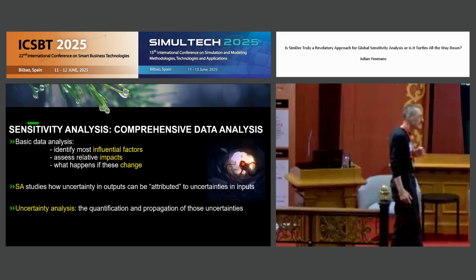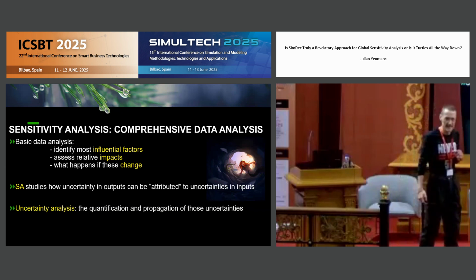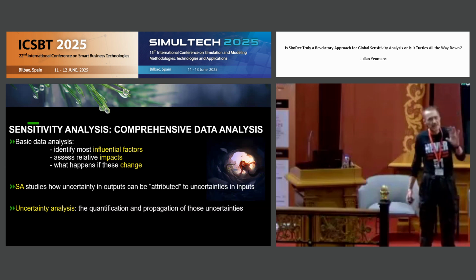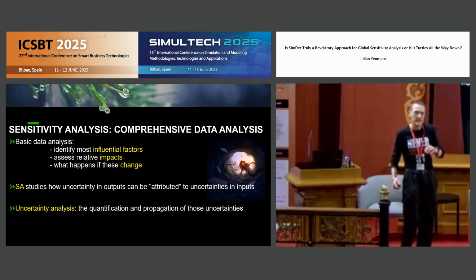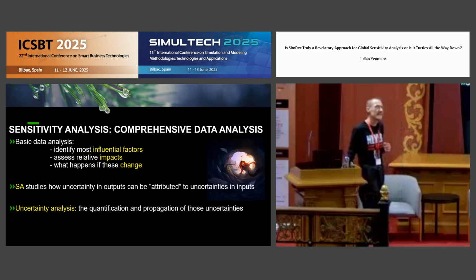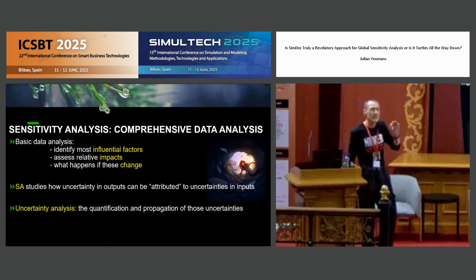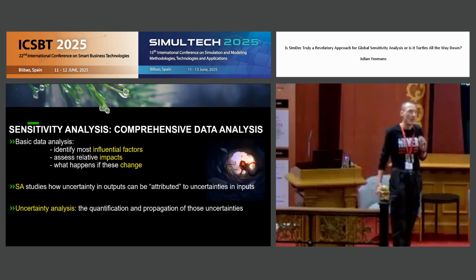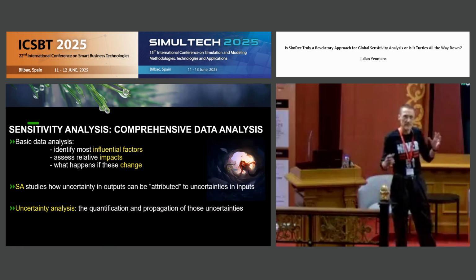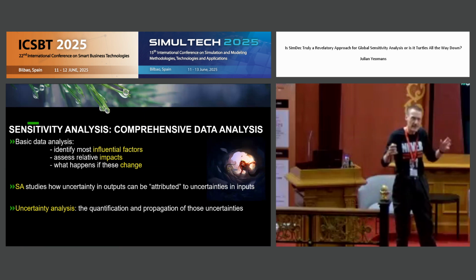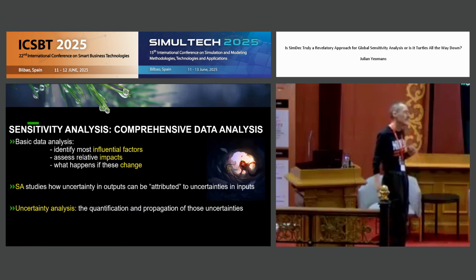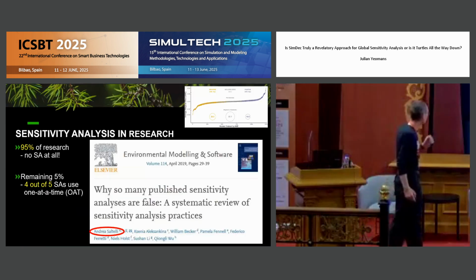And kind of similar to that is uncertainty analysis, in which you have the uncertainties there, but you're trying to assess the propagation of the uncertainties of the inputs and how they influence the outputs. And ideally, what you would like to do is to merge those two things. But in general, they're separate tasks. So putting them together is a little bit more difficult.